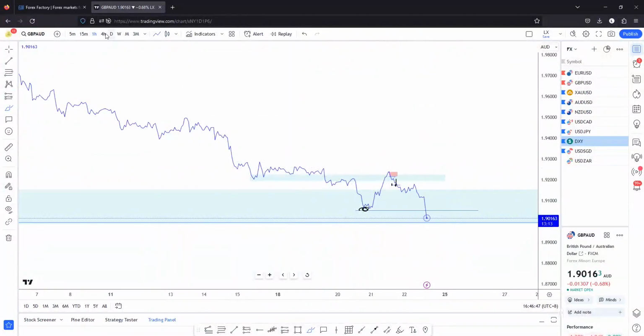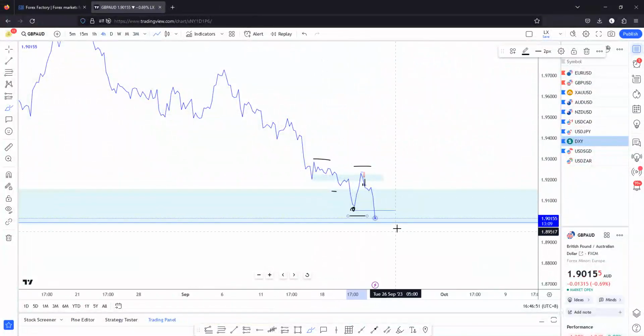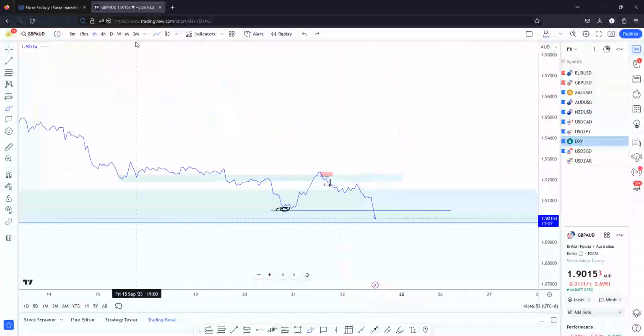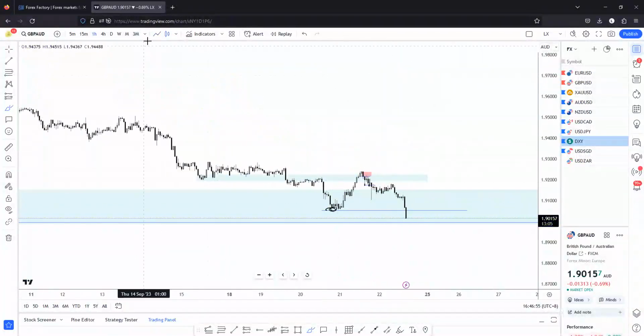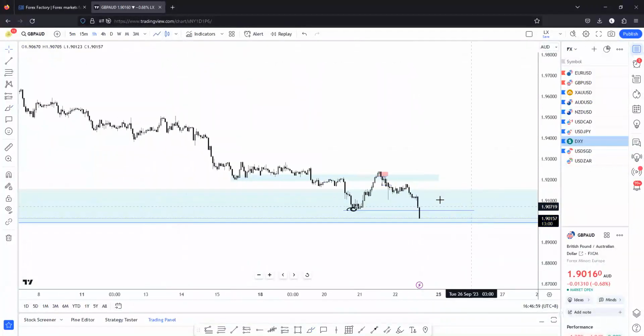You can see at this point, even if I were to go to the higher time frame, just marking out the highs and lows, you can see it's still in a bearish structure. And in a bearish structure, there aren't any potential entries. The one thing that we can look at here, at least if you're on the 1 hour time frame,